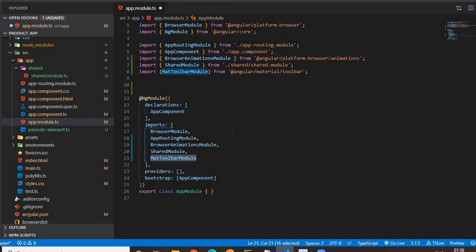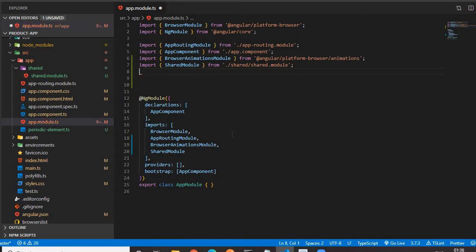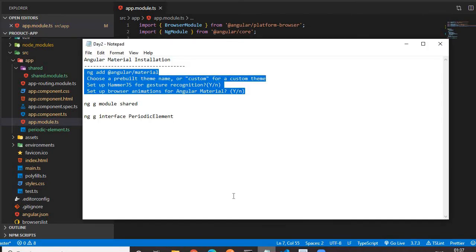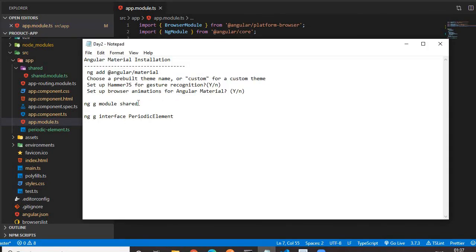So we will undo our code. We don't want to include the Angular Material module here. This is our code as originally present before this. What we have to do is create a separate module for Angular Material. The command to create a module is ng generate module. Ng means it's the Angular CLI command, g is for generate, module means we need to create a module, and this is the module name of your choice. You can give XYZ module. I have given shared module. So just copy this command.